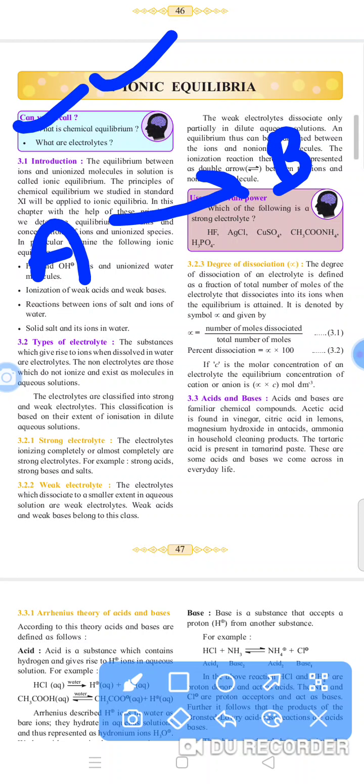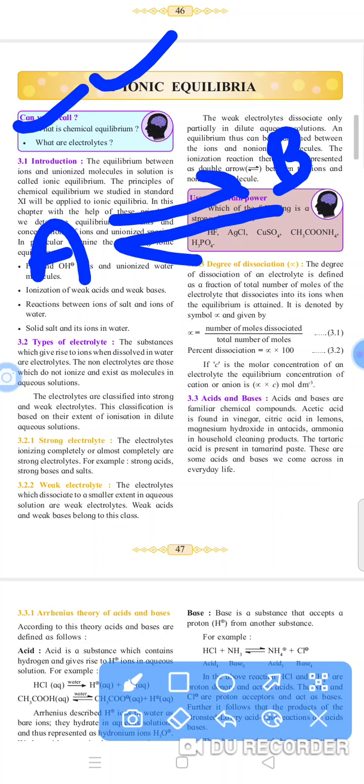Reactant A gives B. This is the forward reaction, A converted into B, and if this reaction is reversible, then B is converted into A. That is, at first A is converted to B, and at the same time, simultaneously, B is converted into A. Initially, the conversion of A to B is at a high rate and the conversion of B to A is at a very low rate, but